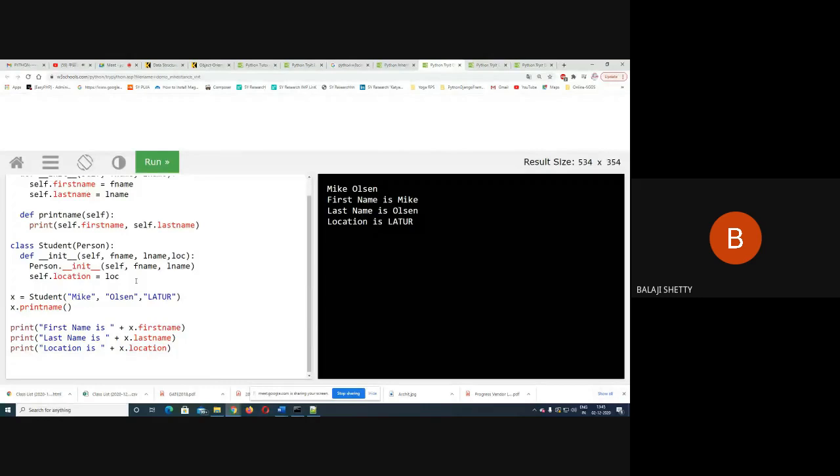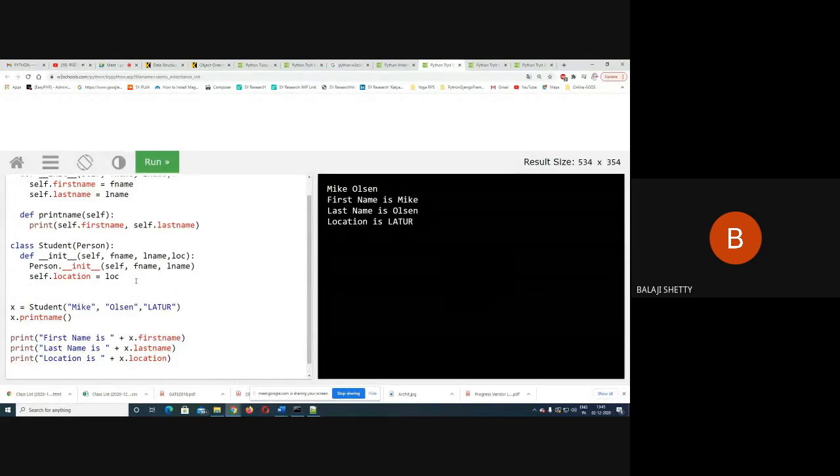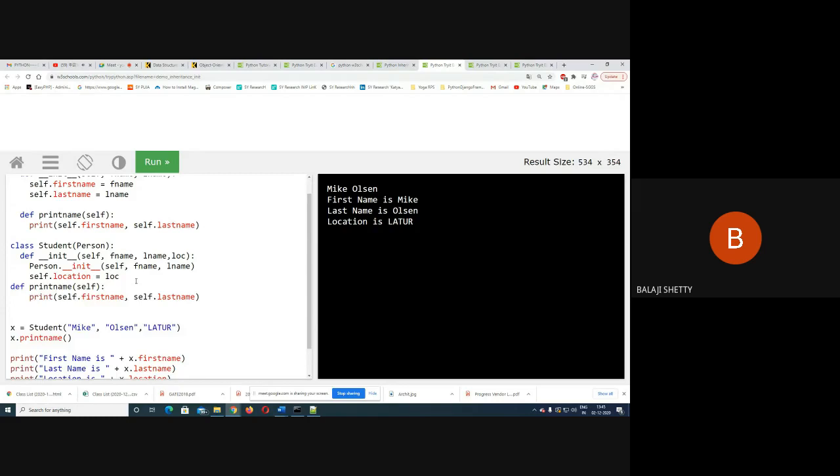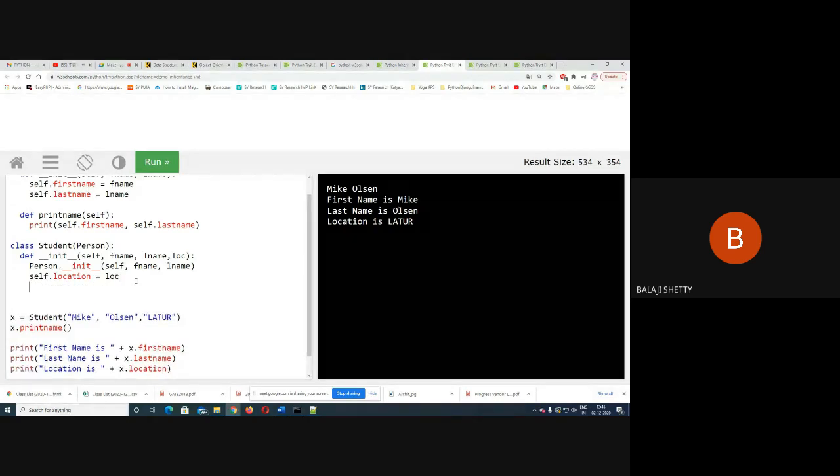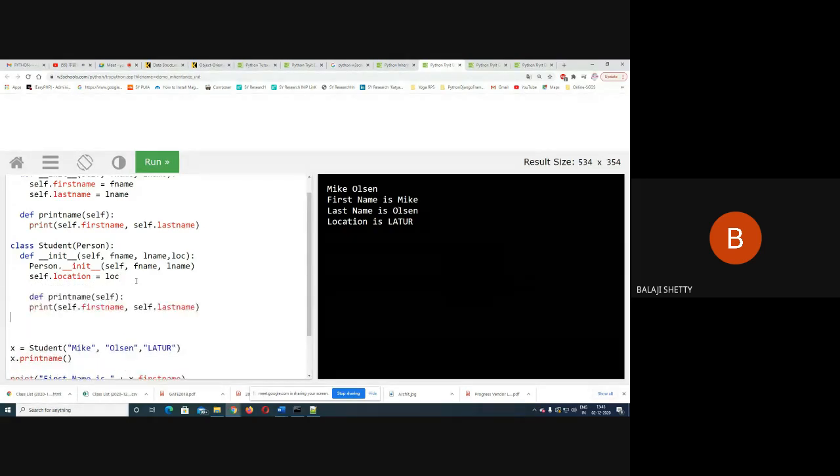Or here you can define one function, okay, define print_location.